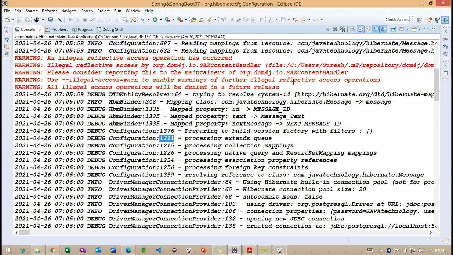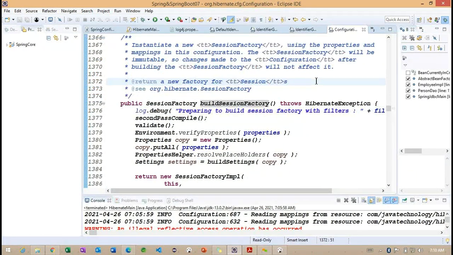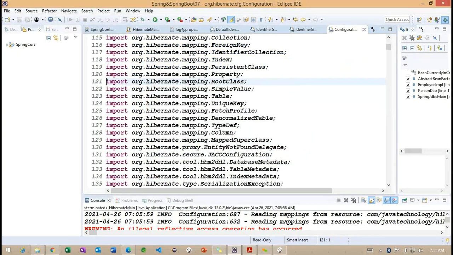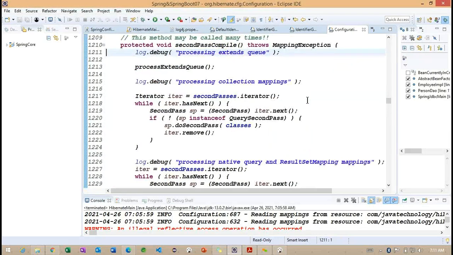Observe one more time. I want to go to 1211. To find a line number, you can press Control L and specify the line number. Sorry, 1211.